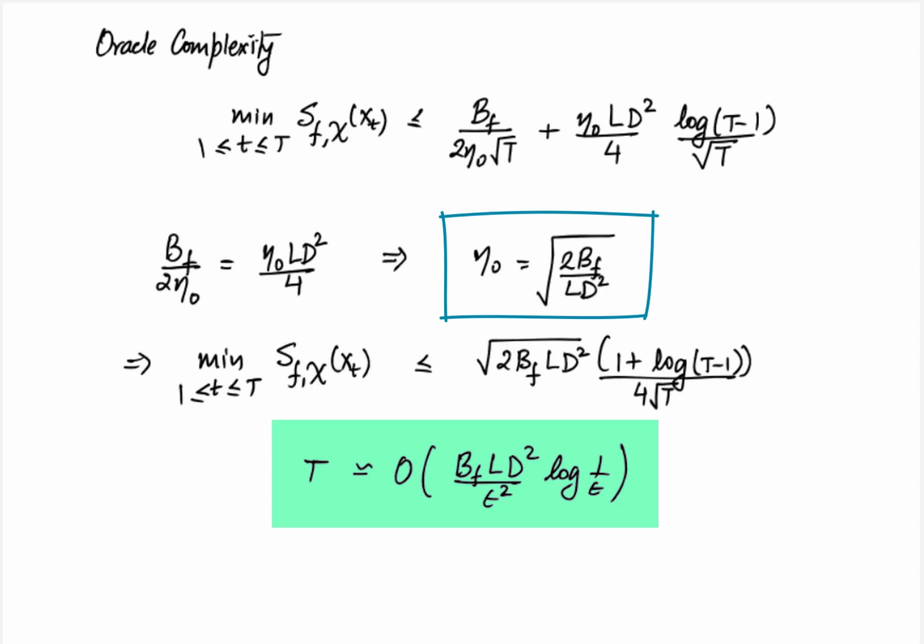So in conclusion, the iteration dependent step size yields a complexity that is slightly higher than that obtained from epsilon dependent step sizes. There are two issues with such an approach. First, it depends on the parameters, and second, it is slightly higher because of the log 1 over epsilon term. So both of these issues can be resolved by using an adaptive step size. So let us look at how that is obtained.